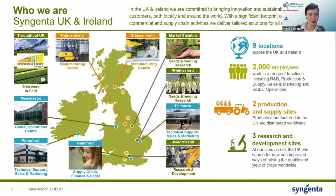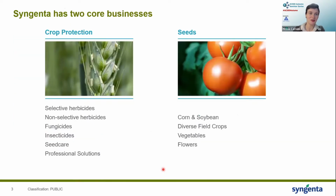We've got a bunch of different sites. Not too far from London is Dollots Hill, which is our main R&D site in the UK. We're largely focused on discovery chemistry, and that will typically be for herbicides. So that's Syngenta all around the UK, but in general, Syngenta is a massive company actually with two core